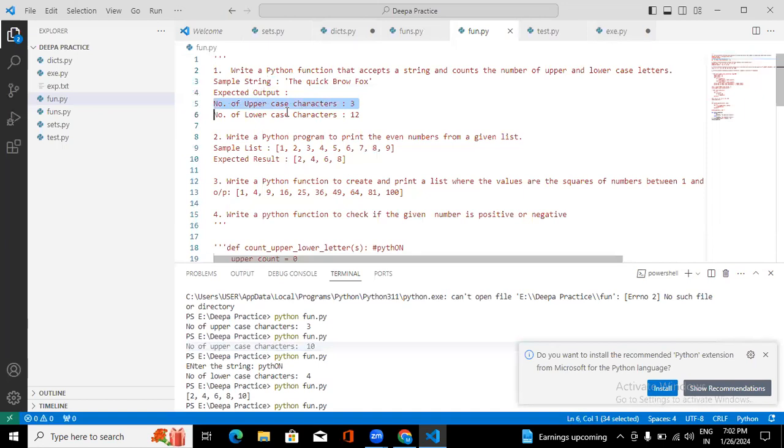What happened, Deepa? I'm kind of stuck, Manasa, because in the question we didn't use the quick brown fox, and we got the